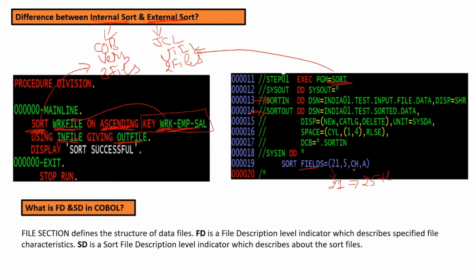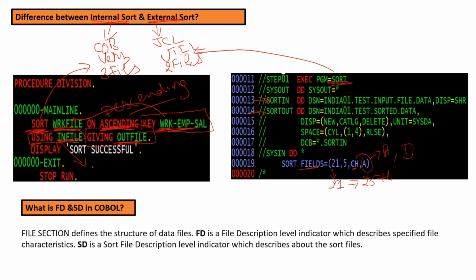These are all character type, and we are going to sort the data in ascending order here. You can also do descending order, and descending order is also possible in internal sorting as well. If we want descending order, we can give the descending verb. And in internal sort, we have the input procedure to use in place of the input file, and in place of giving the output file, we have the output procedure.